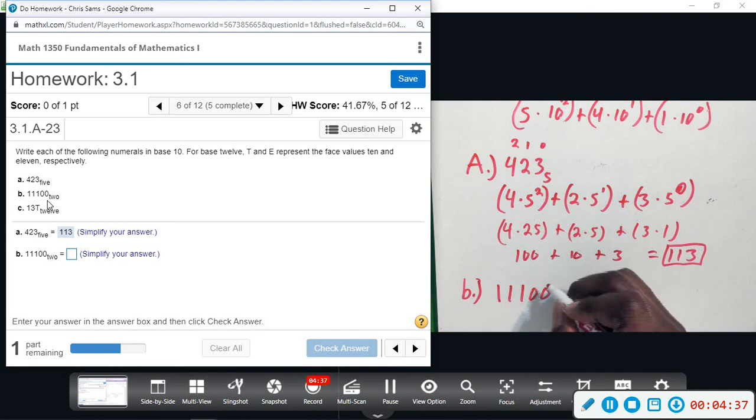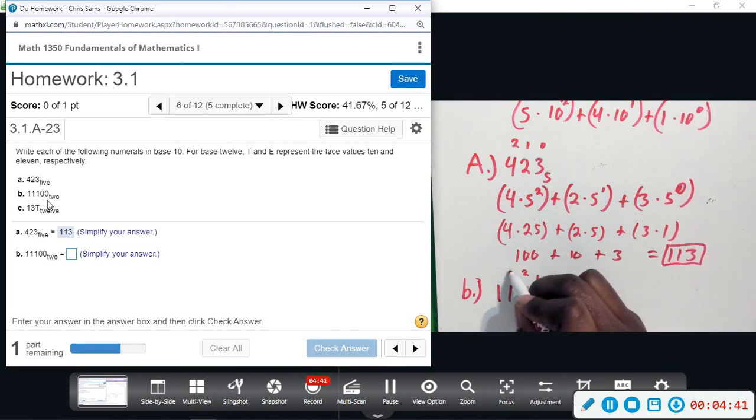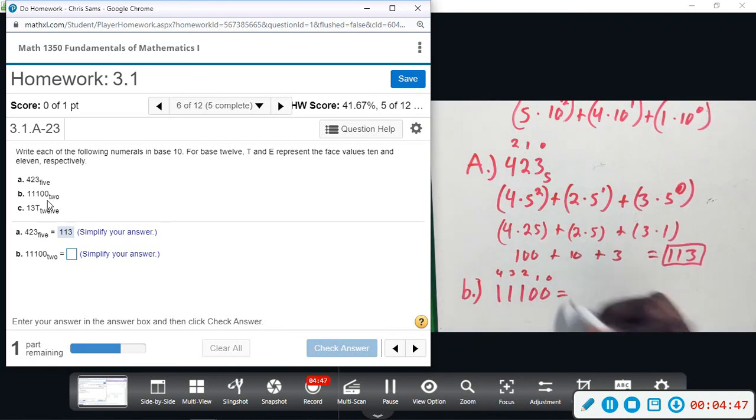Okay, so we're going to say 0, 1, 2, 3, 4. Okay, so writing this out in expanded form. 1, and this is base 2. Okay, so the first number 1 times 2 to the 4th, because base 2 to that power,